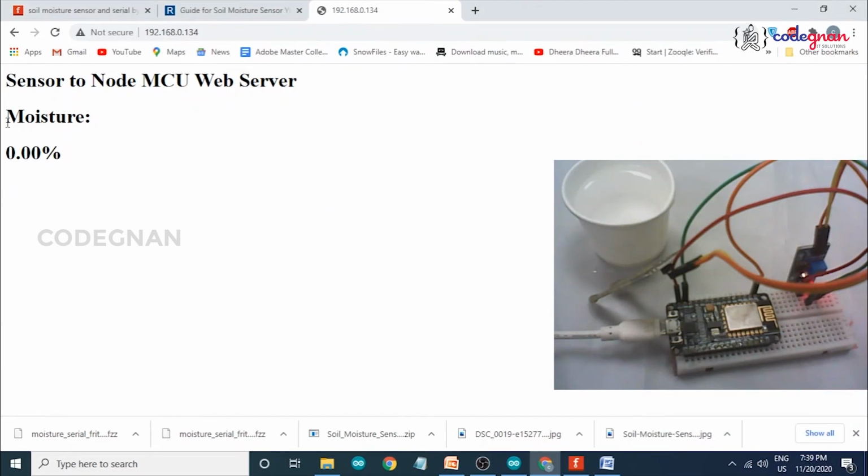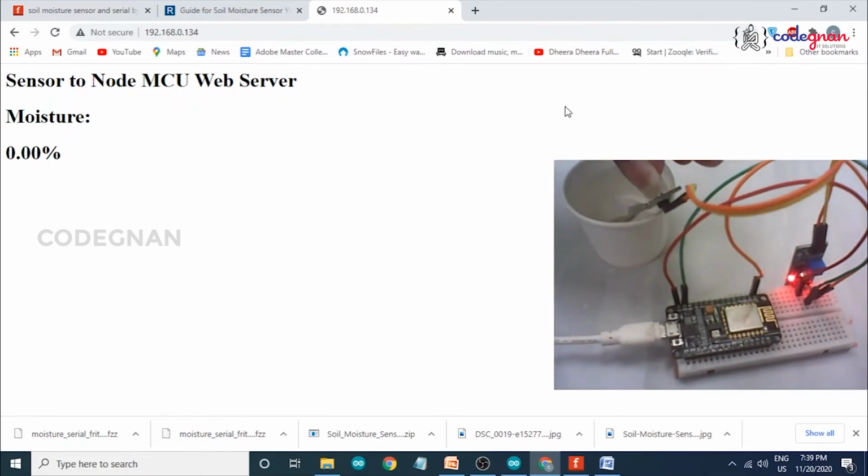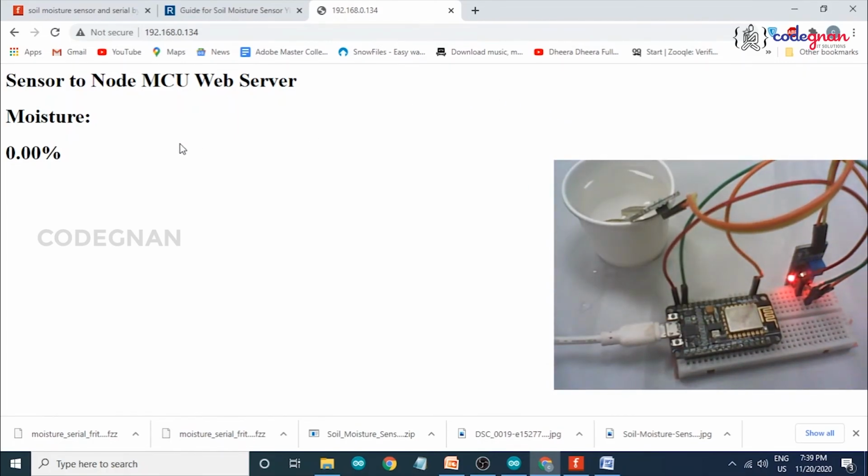Now you can find the sensor to NodeMCU web server moisture is 0.00%. Now I put this in my water. Automatically, without refreshing, it shows the percentage of moisture in my water, which is 51%.